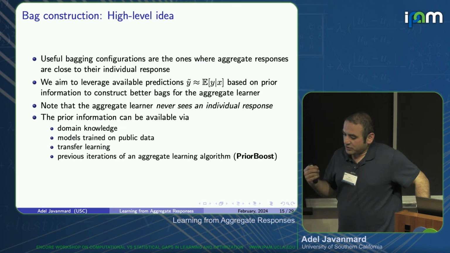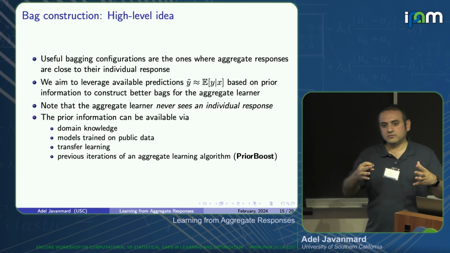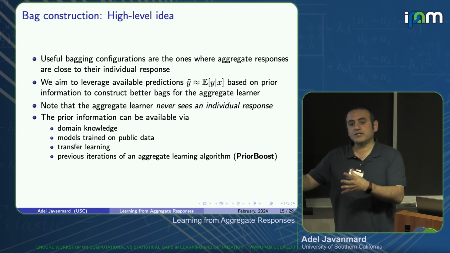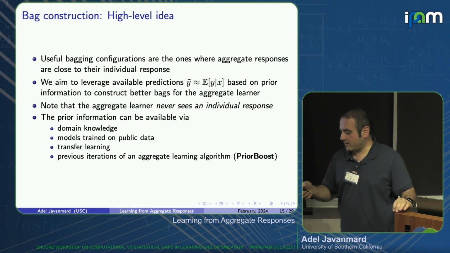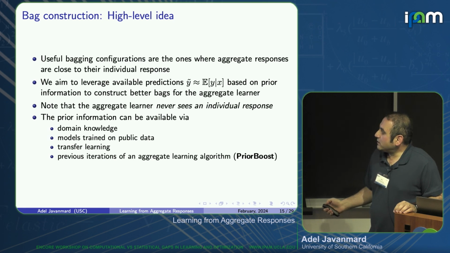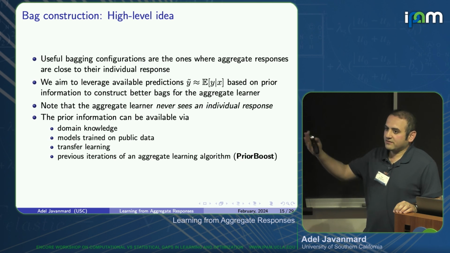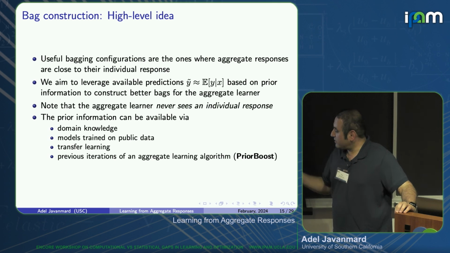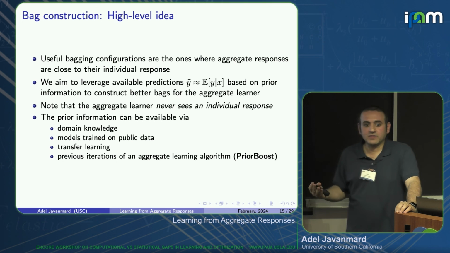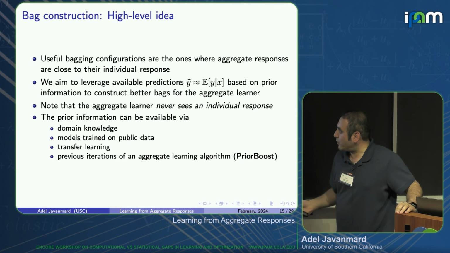So the idea is to use some prediction based on potentially some available prior. And once you have those predictions, combine these samples together based on the predicted labels that you have for them. Now, what about the prior? How should I know this, let's say, conditional expectation of the response given x? There is some probability distribution under this expectation, so I call it a prior. But do I have this prior? What if I don't have any prior on the data? How can I come up with it?